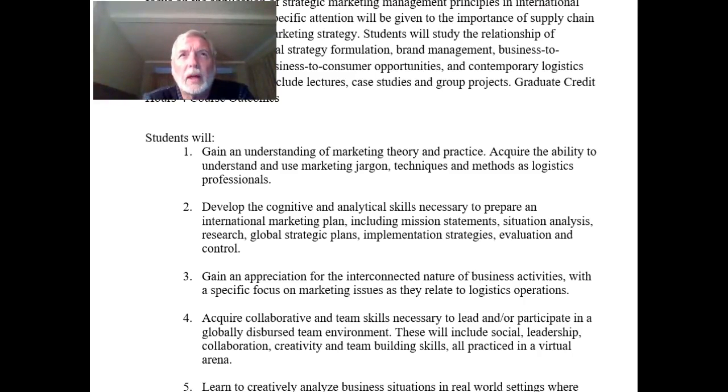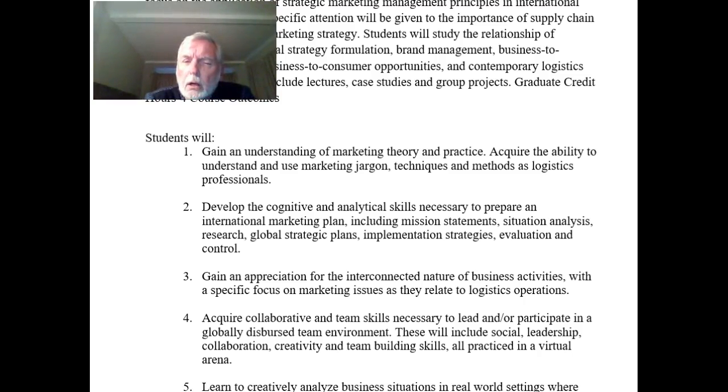And the place part of the four Ps is essentially logistics. For a long time, logistics departments were part of the marketing department. As the logistics profession has grown, they've become independent of the marketing department, but they still are directly related to it. Marketing is all about creating products, communicating the benefits of those products to potential users of the products, and then getting the product to the user in an efficient manner. That getting the product to the user in an efficient manner is logistics. So it's a big part of the marketing equation.